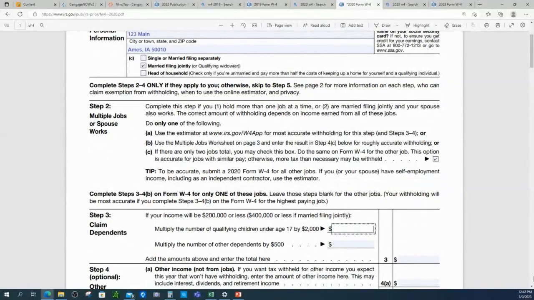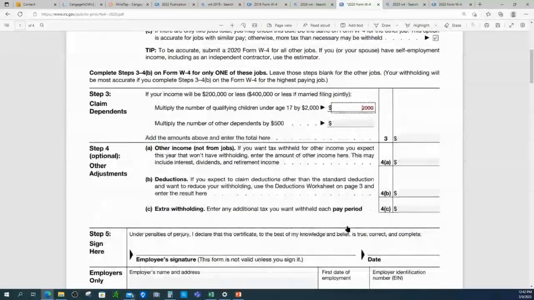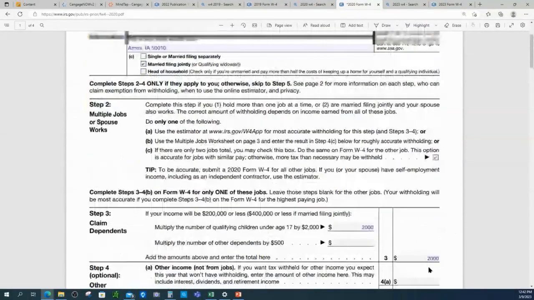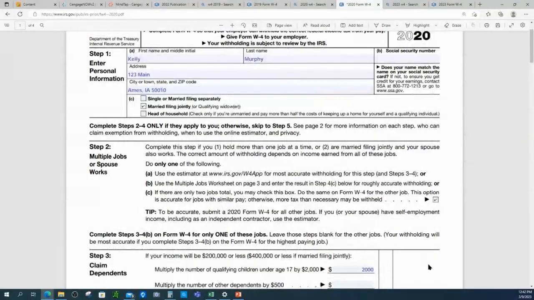So I have 1 child, let's say, and I'm going to fill this part in because it says if your income is 200,000 or less, 400,000 or less if married filing jointly, multiply the number of qualifying children under age 17 by 2,000. Well, if I have a baby and I just have 1, it's going to be 2,000. That goes there and that goes there. So see, I don't make changes to the old one. I've got to fill out an entirely new W-4